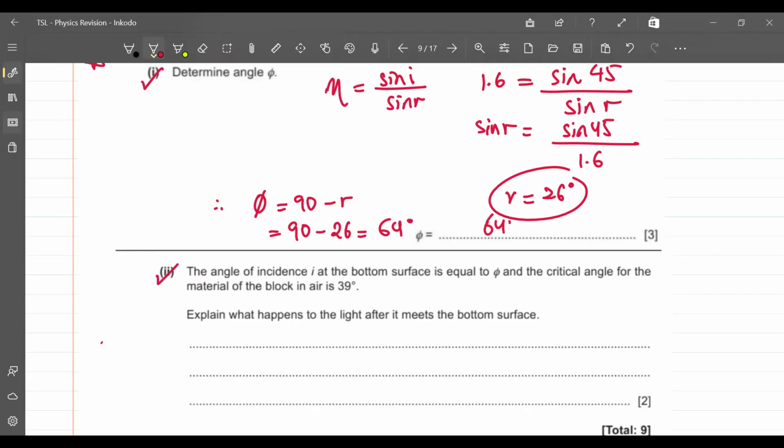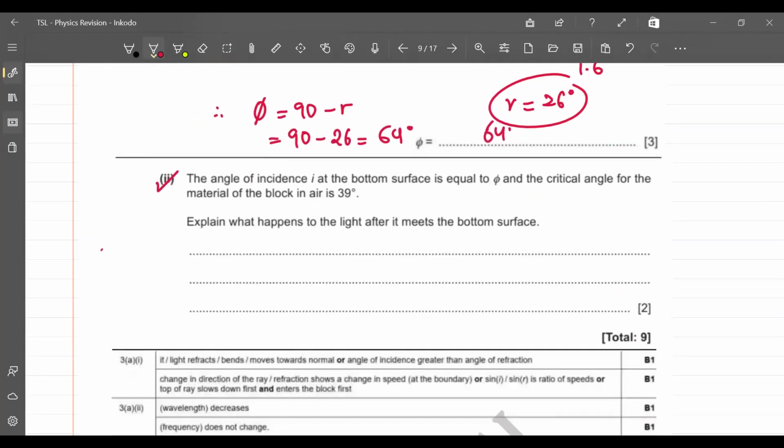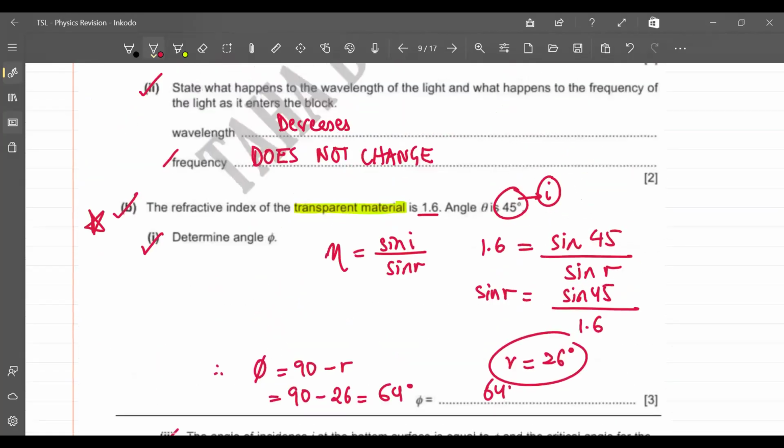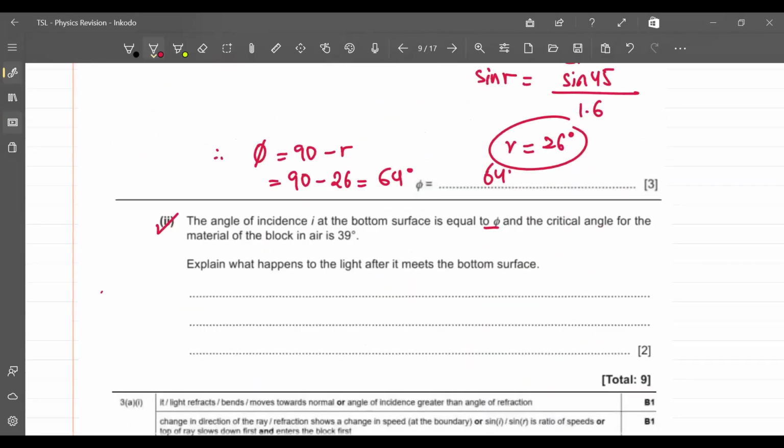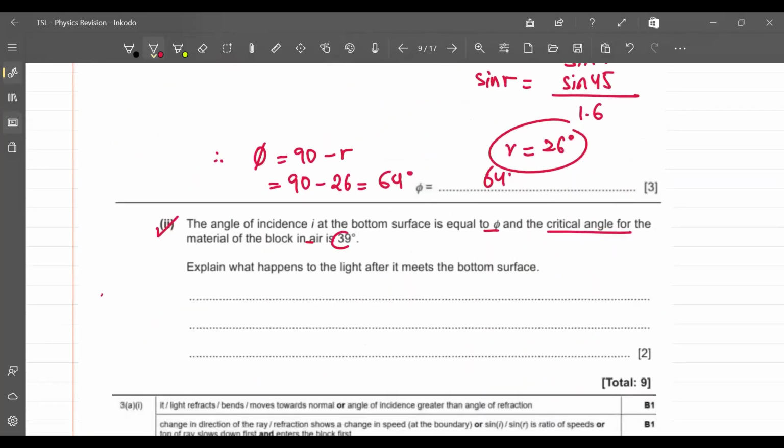Next is the angle of incidence I at the bottom of the surface is equal to phi. देखो जो एंगल ऑफ इंसिडेंस है ना बेटा, यहाँ पे जो बना हुआ है, ये 64 डिग्रीज है, ये इक्वल टू फाई है, ओके। इट सेज एंड द क्रिटिकल एंगल इज 39। मेरा बेटा अगर एंगल ऑफ इंसिडेंस है 64 और क्रिटिकल एंगल है 39, अगर एंगल ऑफ इंसिडेंस ग्रेटर देन क्रिटिकल एंगल हो तो टोटल इंटरनल रिफ्लेक्शन हो जाती है,